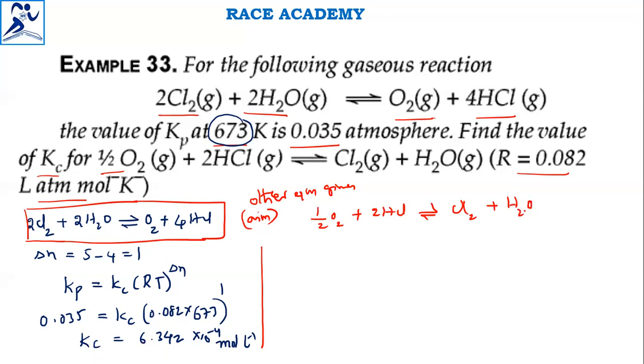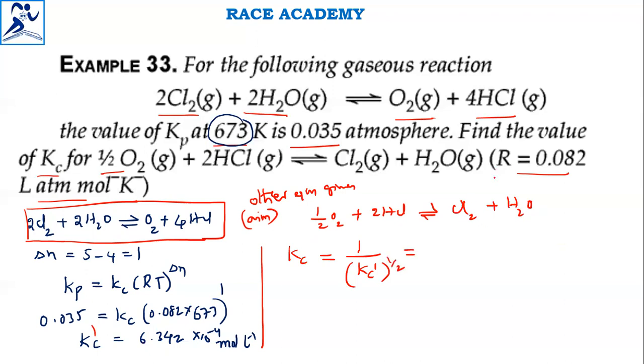But for this, the Kc value is related with the first one. I can say first one Kc value is Kc dash. But for this one, the equilibrium constant Kc value is Kc double dash, or I can say it is Kc. That will become equal to, actually it is the reverse reaction of the first one. So for reverse reactions, it will be the reciprocal of the first reaction Kc value, Kc dash. But the coefficients are half of this, so that time we can take the root of this first Kc value. So 1 by Kc dash, whole power 1 by 2, we can write.